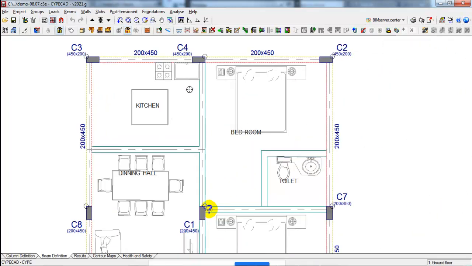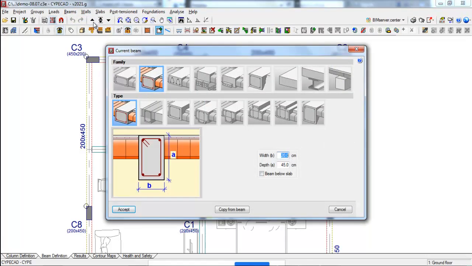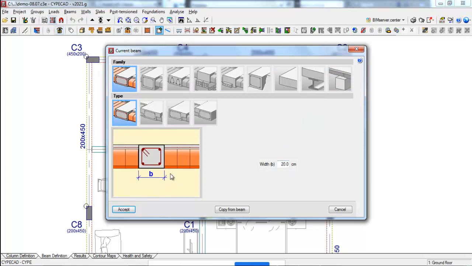So what I am going to do is trace the beams at the location of these walls. I am selecting beam, define beam. You can see there are different types of beams available. We have a flat beam, which is a hidden or concealed beam, where the thickness of the slab and the thickness of the beam remain the same.